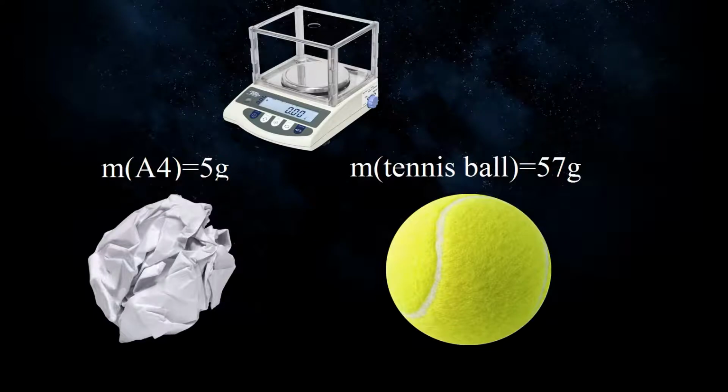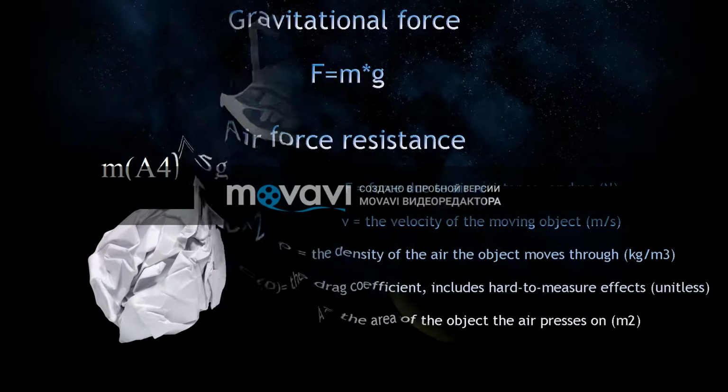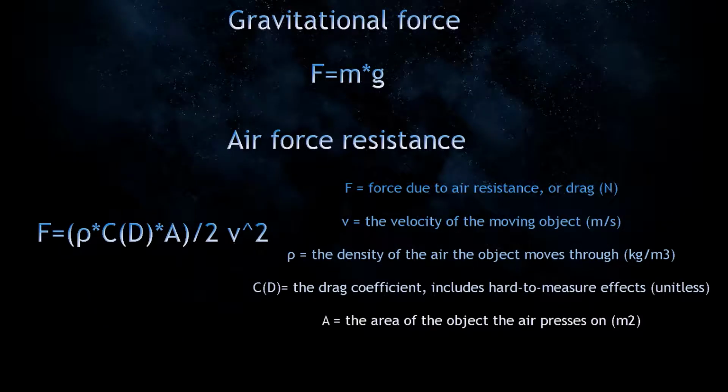Before I started the experimental part, I needed to find out my objects' mass. Using a scale, I found out the sheet of paper's mass. It is 5 grams, and the tennis ball's mass is 57 grams. In this lab, it is obligatory to find all forces which are acting on the sheet